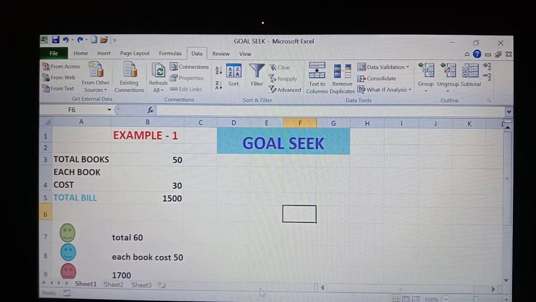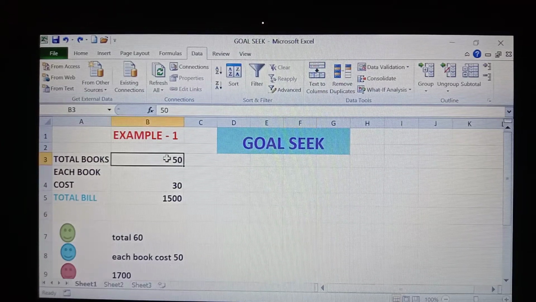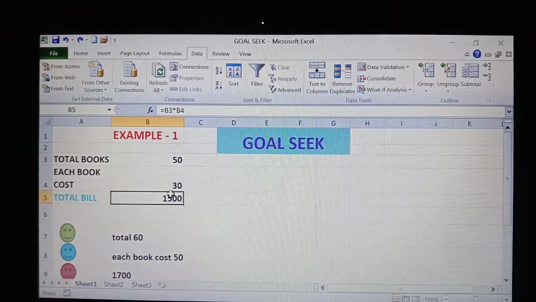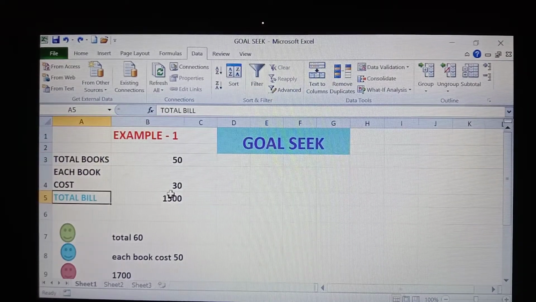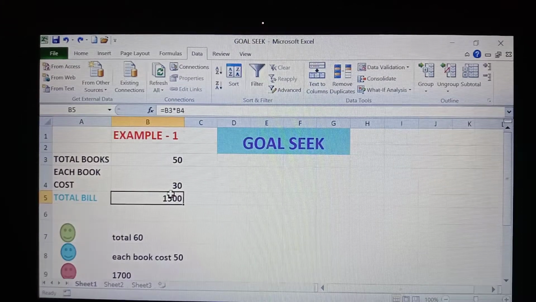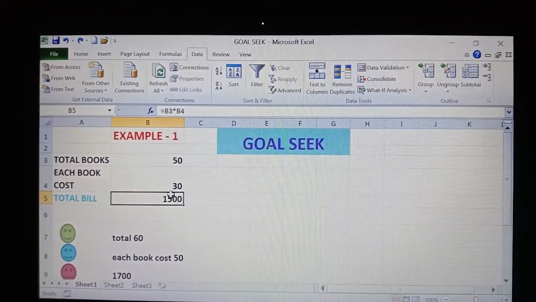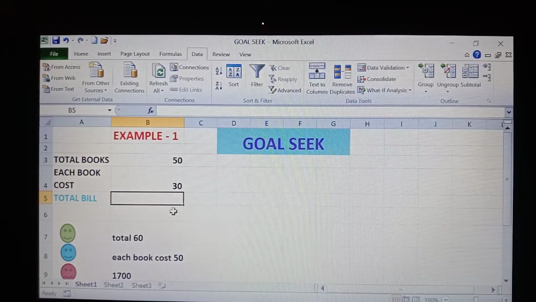Here the example is a small business between a shop owner and customers. We have a total of 50 books, and each book costs 30 rupees.